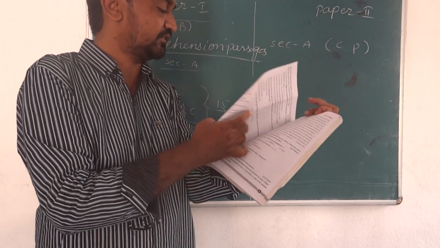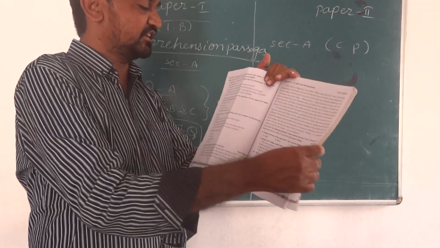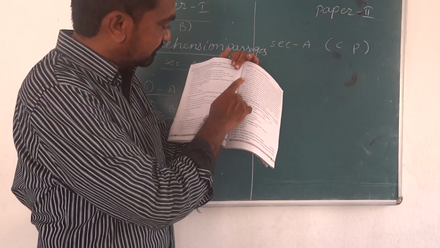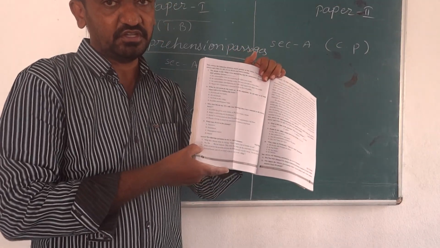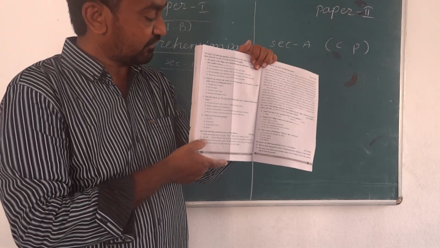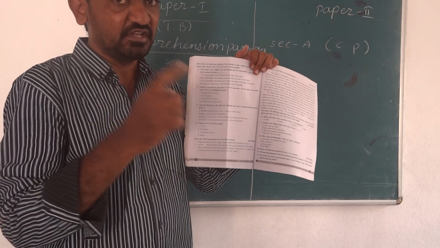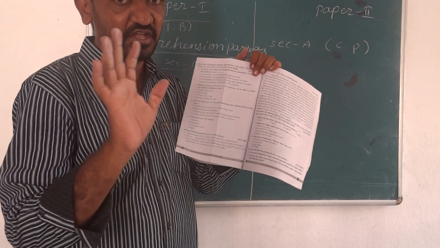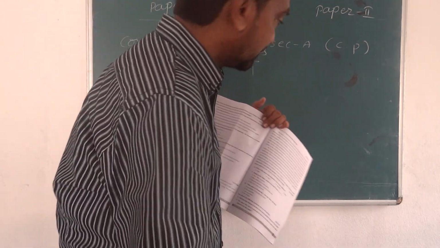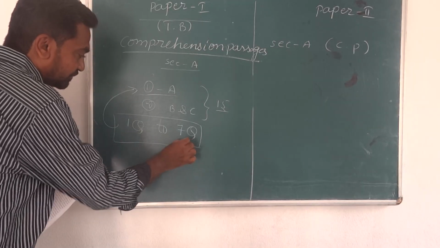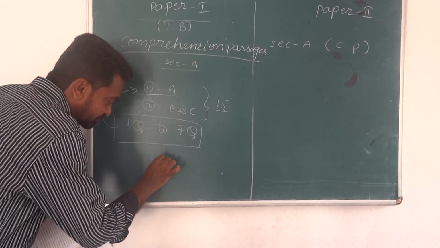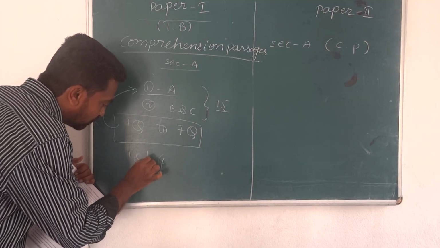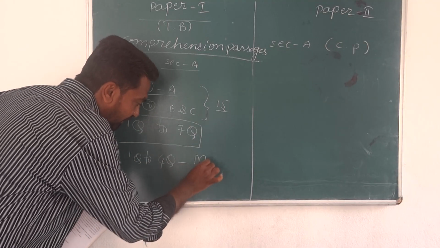After the passage, some questions are given. These questions are question number 1 to 7. This is the first passage, and whatever questions they ask in 1 to 7 are related to this first passage. This passage comes from the A reading. In question number 1 to 7, the first 4 questions, question number 1 to question number 4, are MCQs.